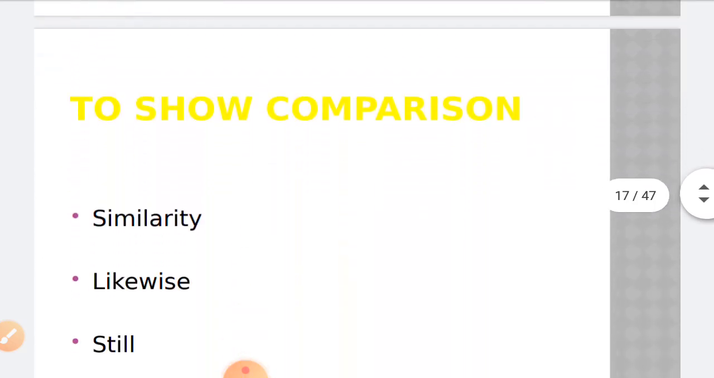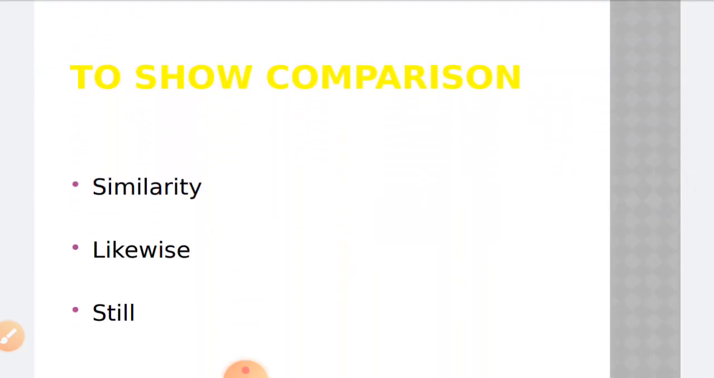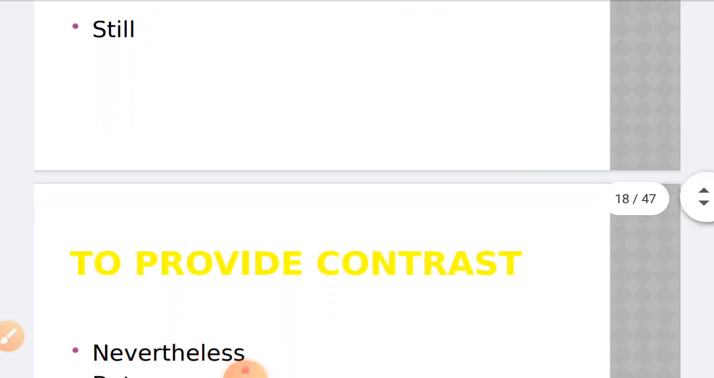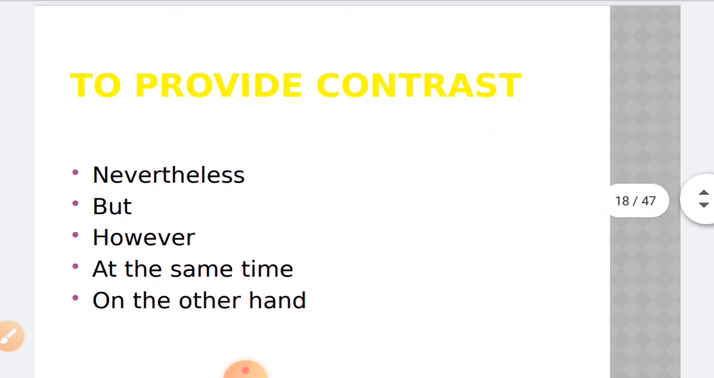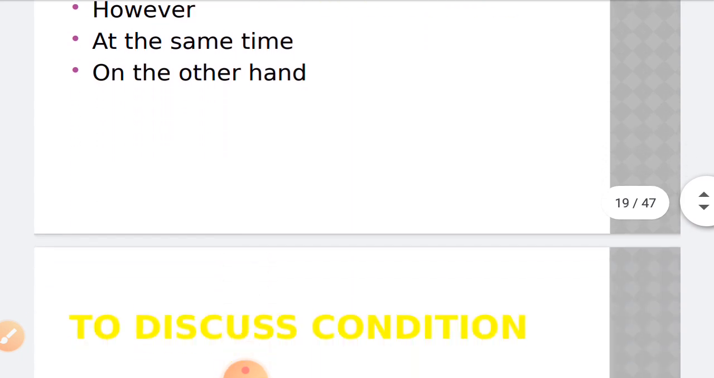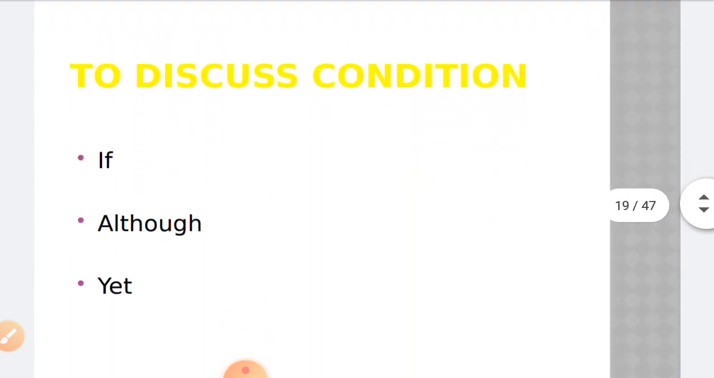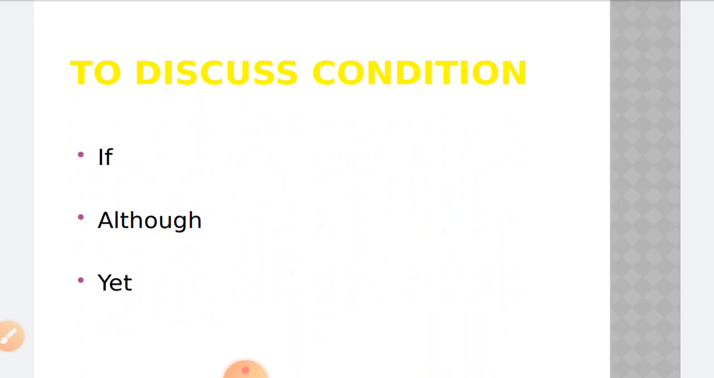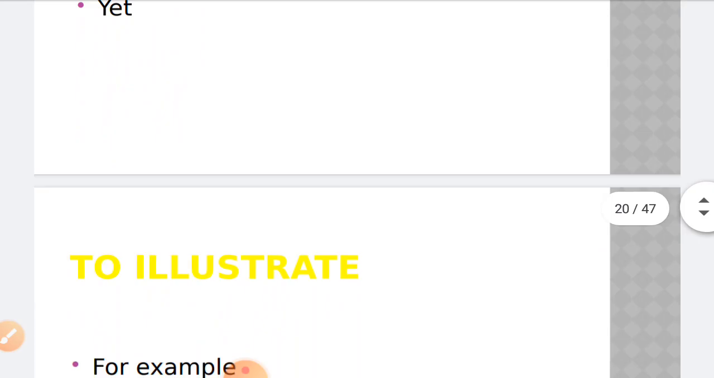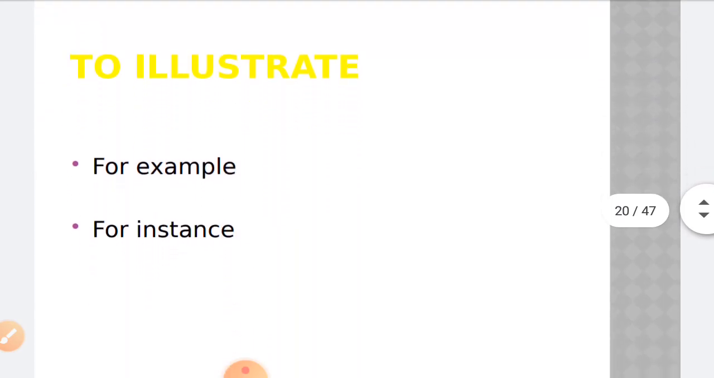To show comparison, we may use words like similarly, likewise, still. To provide contrast, words that can be used are like nevertheless, but, however, on the other hand. To discuss condition, we may use words like if, although, yet. To illustrate, for example, for instance,